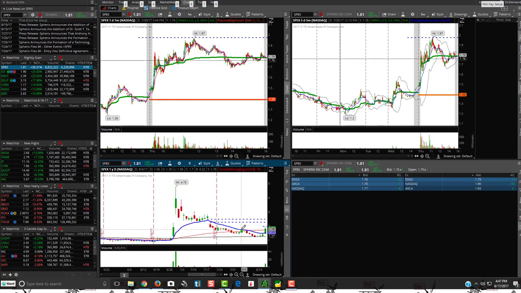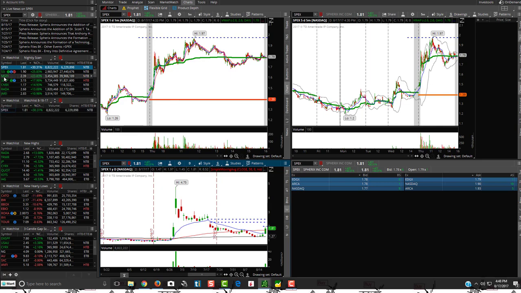Some resistance right here, or some support really at this 1.76 mark. Or you can kind of go right at that 50 SMA. So you can kind of use the 50 SMA as support. So see if it's going to go up or come back down. So I'll put it on the watch list.